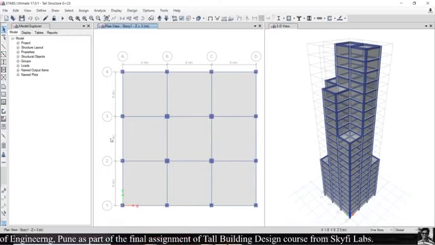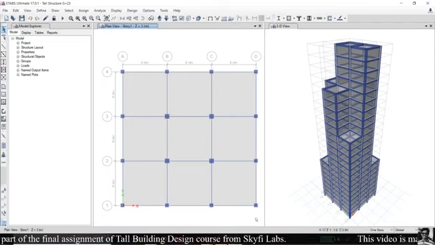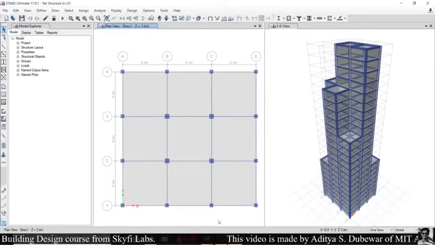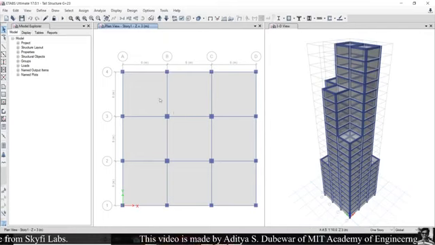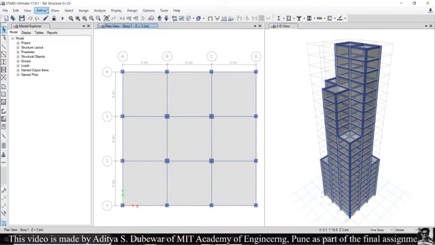I will explain the various steps involved in designing the building, that are define, assigning, analyzing and design, with more focus on analyzing and design. As I already defined the geometry of the building, you can see the plan view and 3D view of the structure. Let's start with the first step, define.